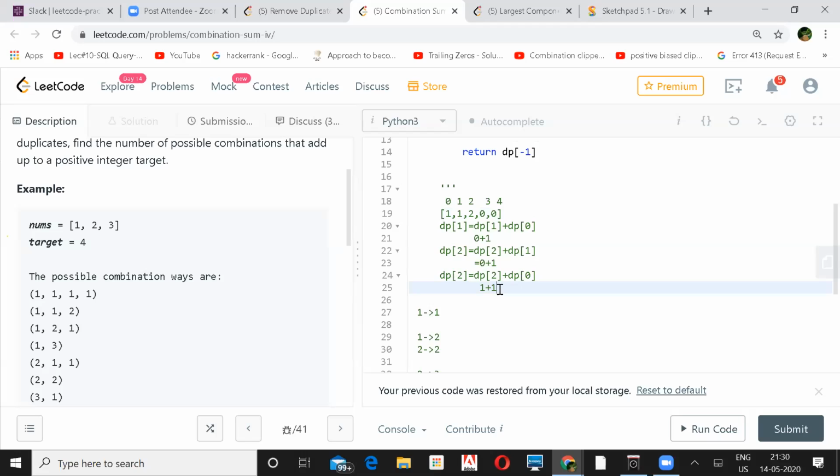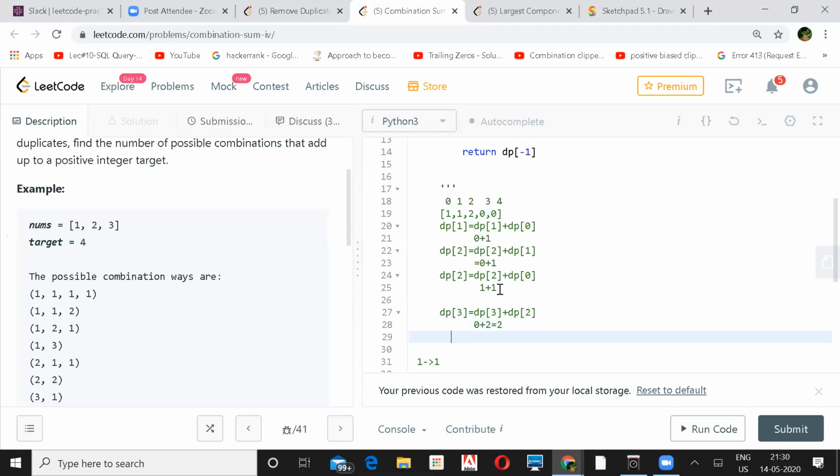And again, you'll take 3. dp of 3 will be dp of 3 plus dp of 3 minus 1, and 3 minus 1 is 2. For getting 3, you have 0 ways, and for getting 2, you have 2 ways. So here it will be 2.